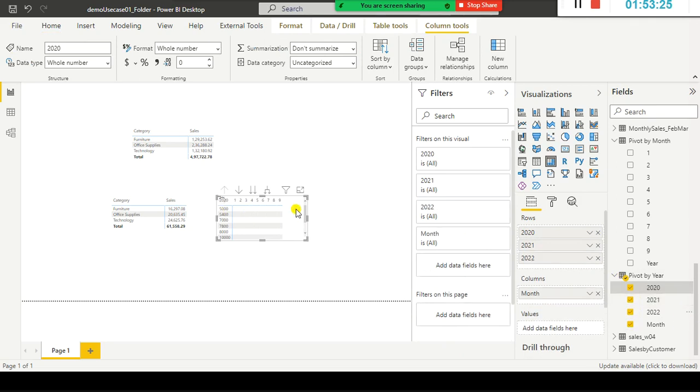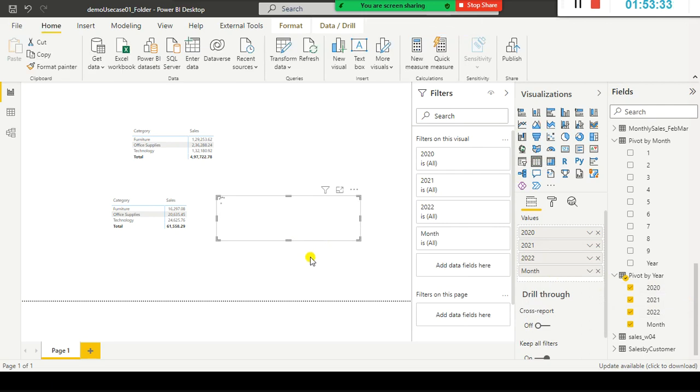It has a lot of features in it. Okay, I just convert this to a table. I want to change the order. First month. For each year, month wise you can see it here, and if you want to sort it out, you can sort it out.